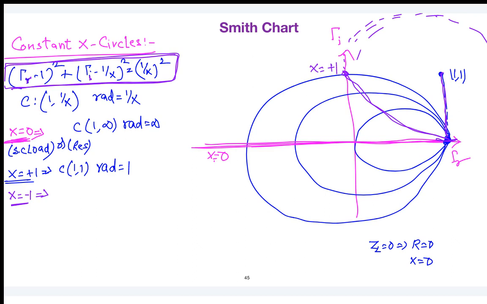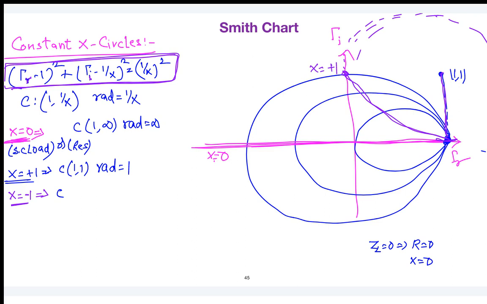You don't have a negative resistance. So I don't consider any negative resistance there. So when you talk about reactance, reactance is positive for inductive load and it can be negative for capacitive. So when you have a capacitive load, you may have something like x equal to minus 1. So there, the center will be located at